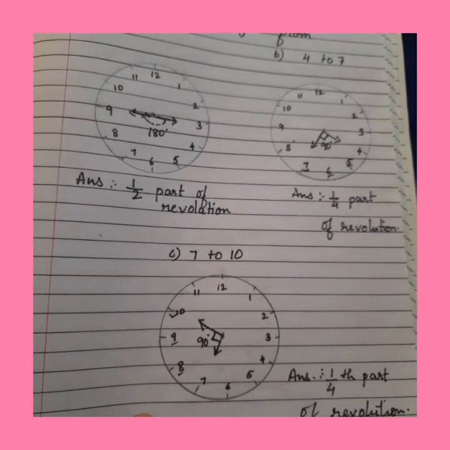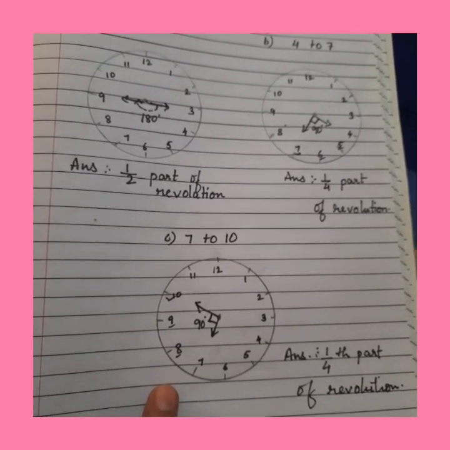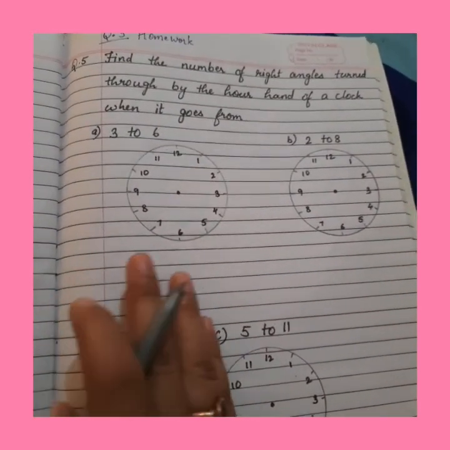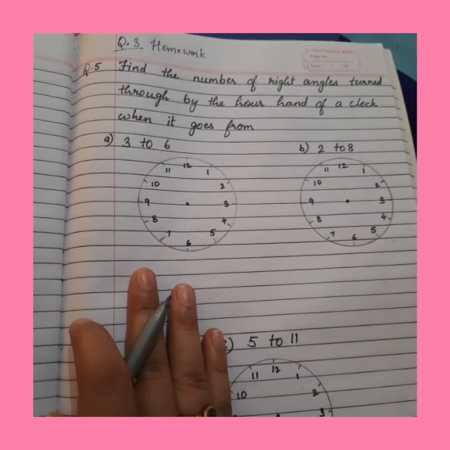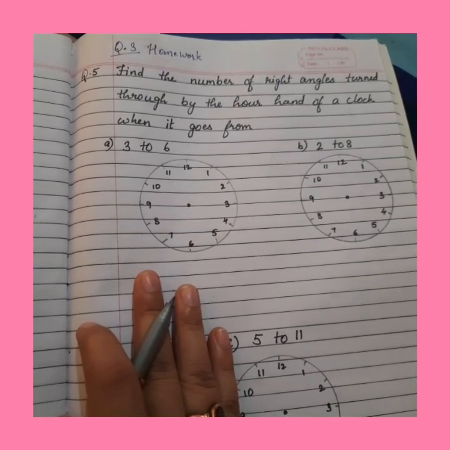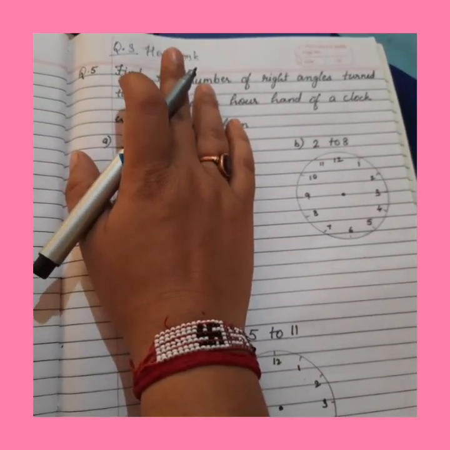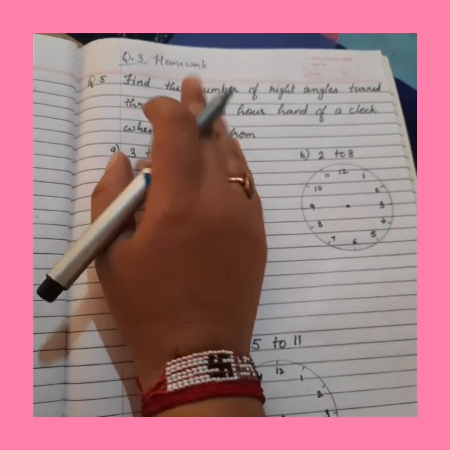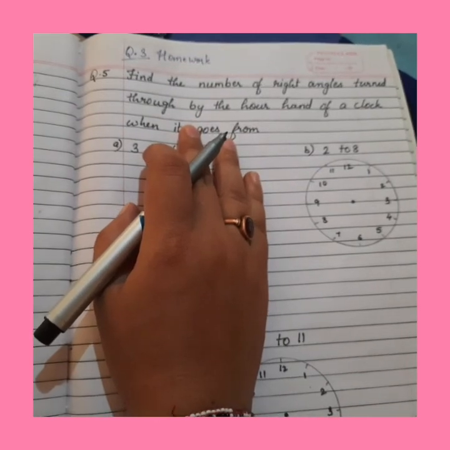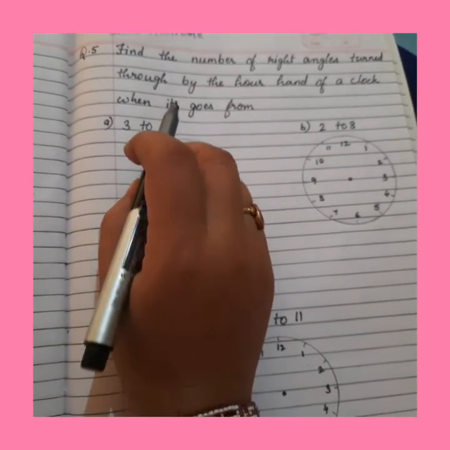Similar questions are given in your textbook. Three I have done here, three you have to do on your own. Question 2 we have done in a previous video, previous part. Then question 3 is your homework. Again, we have done question 4 in that video. Now starting with question number 5. This was also left, so we'll do it here.